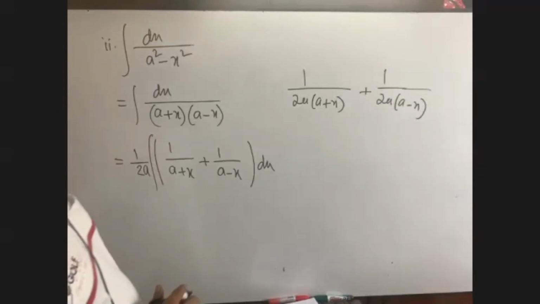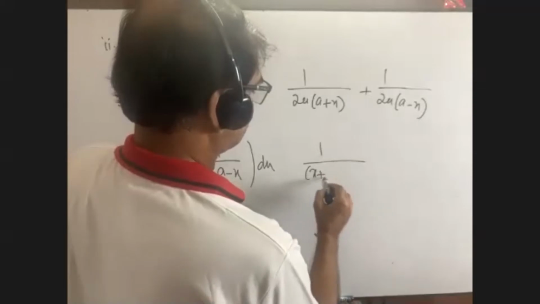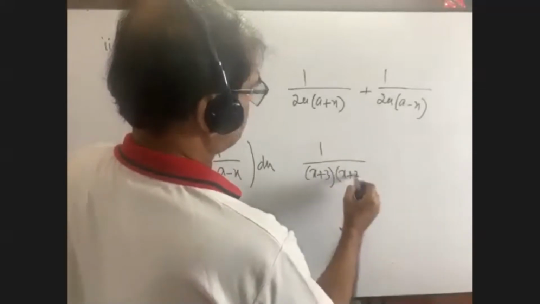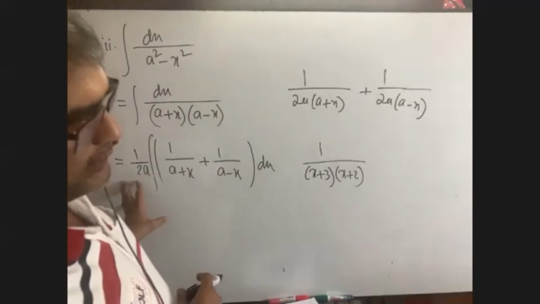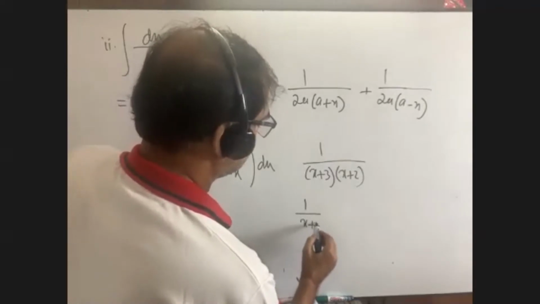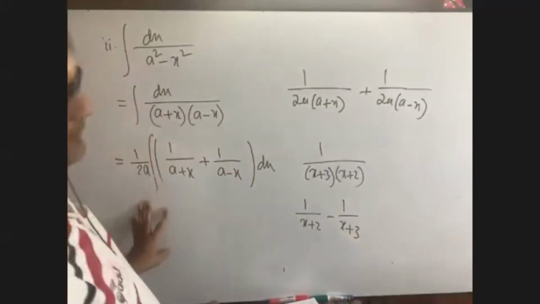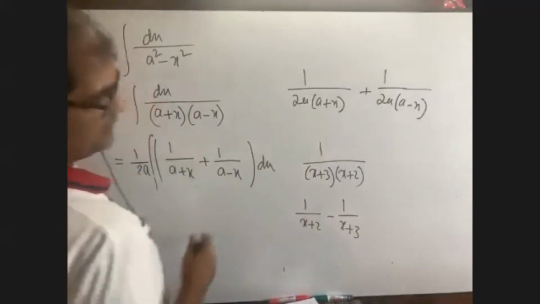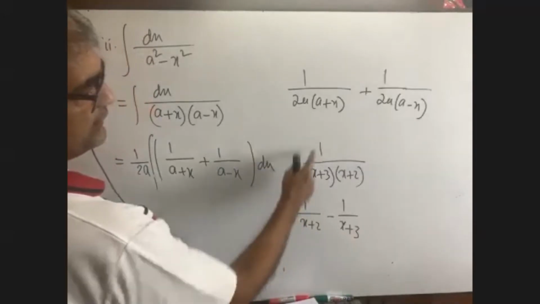By the way, suppose I ask you, what is the partial fraction of this part: (x plus 3)(x plus 2)? Can you please tell me? What is the result? Without doing the math, can you let me know? You see, I am going to write down 1 by x plus 2 minus 1 by x plus 3. You do it, you will get the result. It is a partial fraction of this part. If we take the LCM here, x plus 3 minus x minus 2, you will get this. Is it?